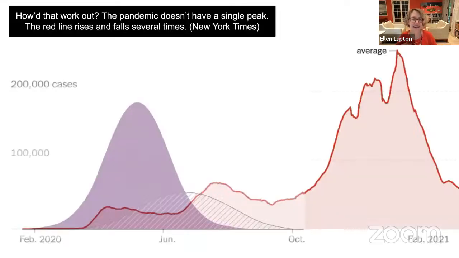I think it's very interesting to look at what actually happened and what the real shape of the pandemic turned out to be. And again, this is the pandemic as it took shape in the US, which is much worse than it is where you are. So this purple mountain represents the graph, right? This ideal image.